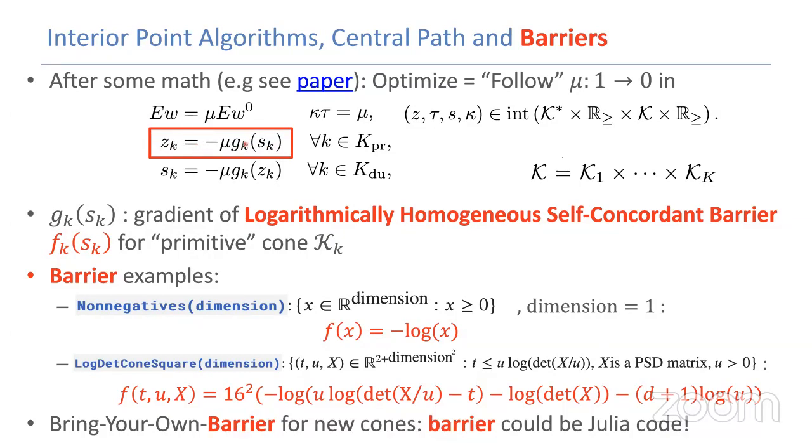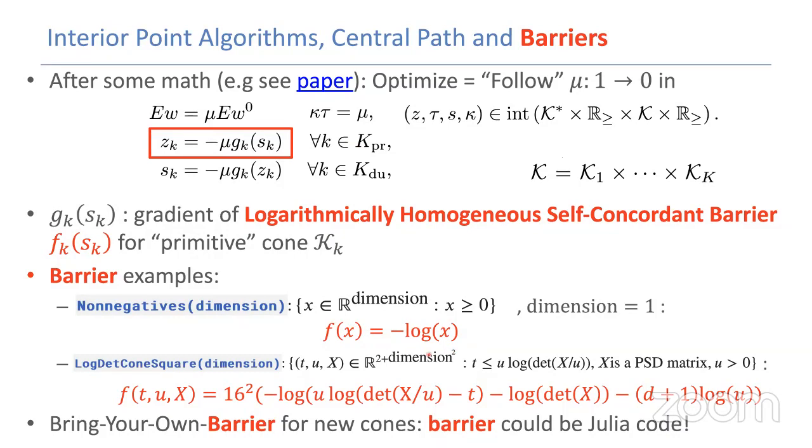These nonlinear equations, you get one for each one of the cones you're considering in your formulation. And this G function is basically the gradient of a barrier for the cone. Let me maybe show an example. For instance, if I look at the cone which is the non-negative ray, say for dimension 1, the barrier is basically minus log of x. You can see that it's finite valued inside the set, and the closer you get to the boundary, it shoots up to infinity and doesn't allow you to leave the set. And so that's why it's a barrier.